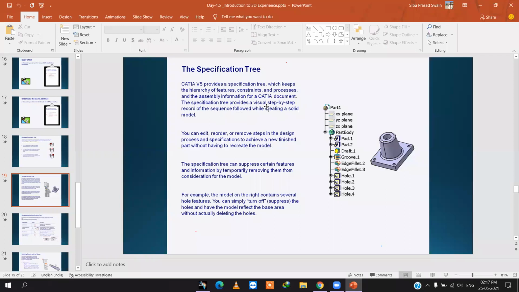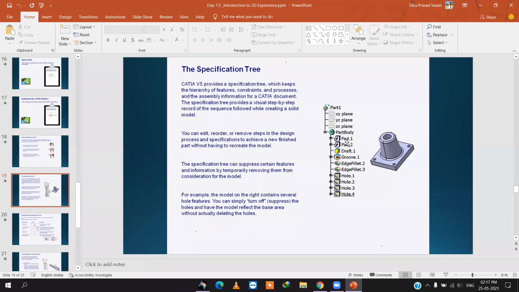The specification tree provides a visual step-by-step record of the sequence followed while creating a solid model or a surface. Whatever you are designing will be recorded step by step in sequence. From that tree, you can edit, record, or remove steps in the design process to achieve a new finished product without having to recreate the model.